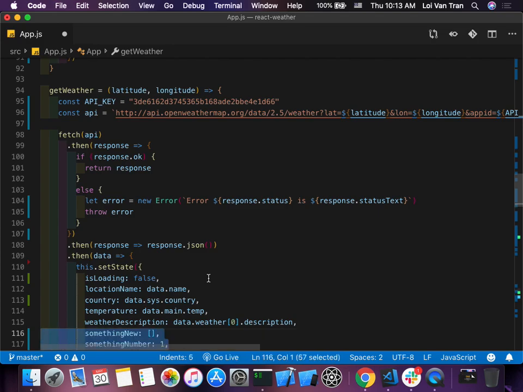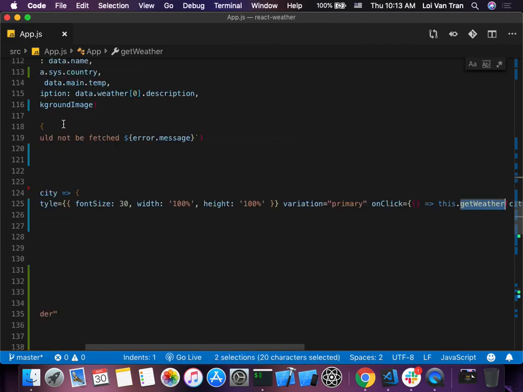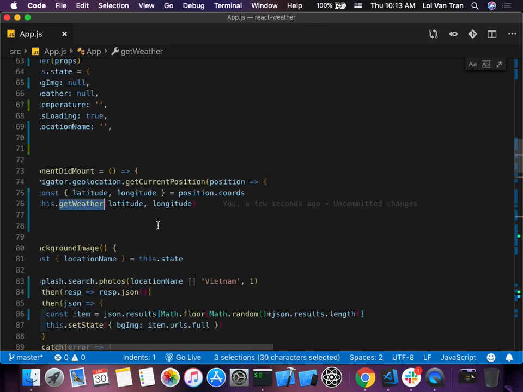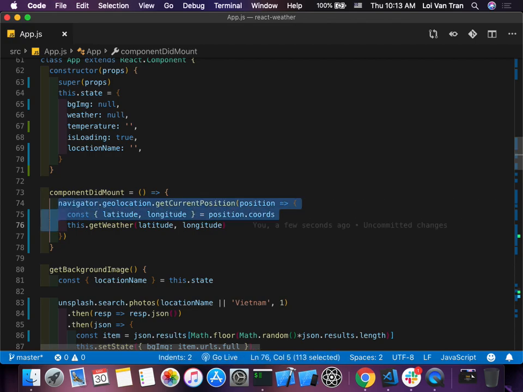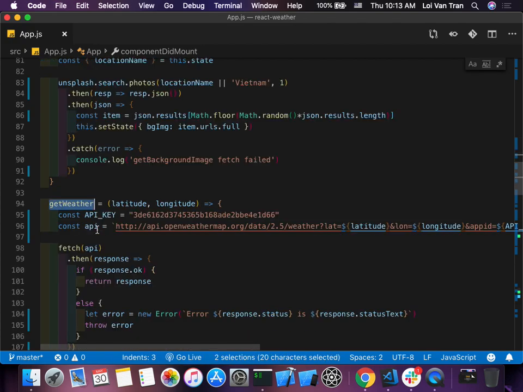Where am I at? But get weather will fire when the component mounts. Well, this right here, navigator.geolocation.getCurrentPosition will fire, and then within that, our this.getWeather will fire. But remember, when we do get weather and component did mount, we end up changing